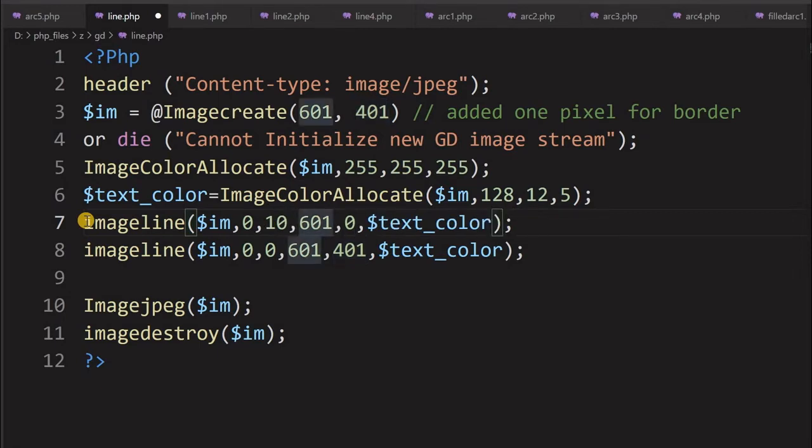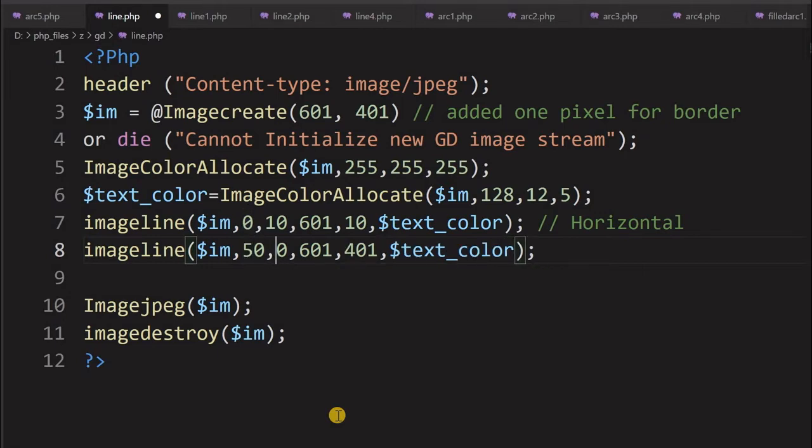When you draw a horizontal line, the y coordinate won't change. The end x will be 601, and y will stay 10. So this will be our horizontal line, because both the starting and ending y coordinates are the same. Now for a vertical line, the x coordinate stays fixed, so let's start from 50 and start from 0 at the top.